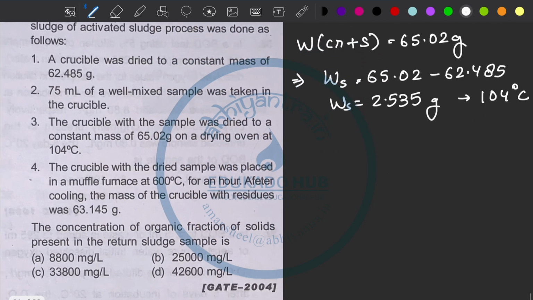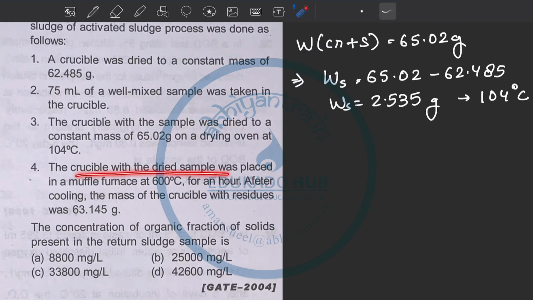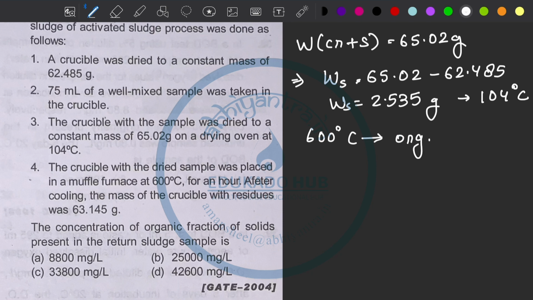Right? Okay. Next, the crucible with the dried sample was placed in a muffle furnace at 600 degrees Celsius for an hour. After cooling, the mass of the crucible with residues was 63.154 gram. So at 600 degrees Celsius, what is removed from the sample? The organic matter was removed. So after the removal, the weight of sample plus crucible was